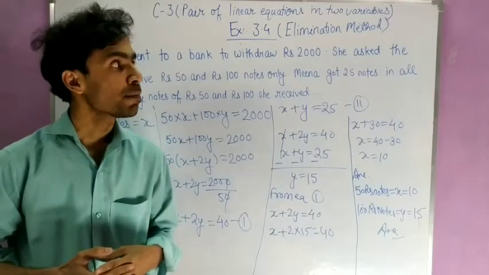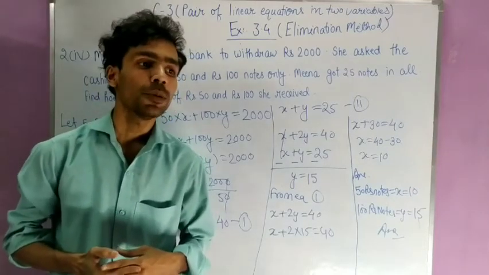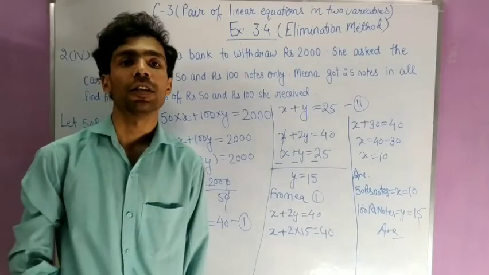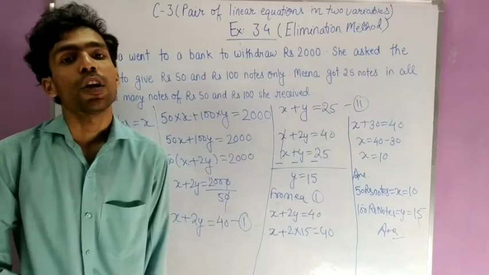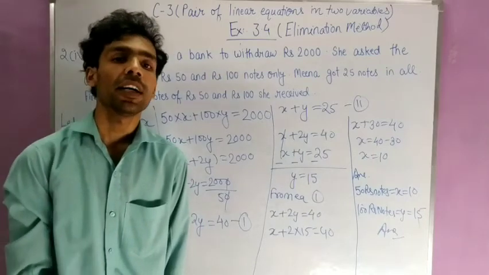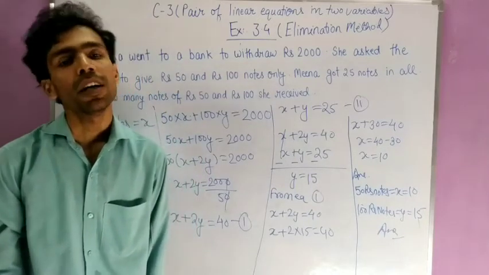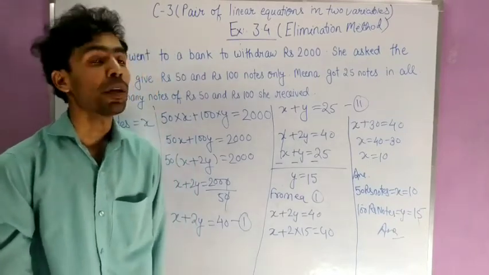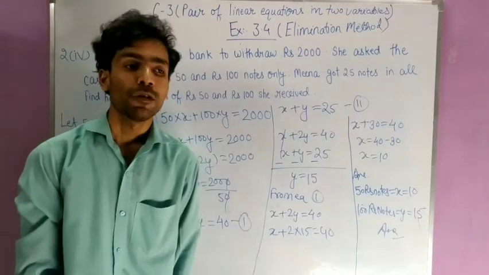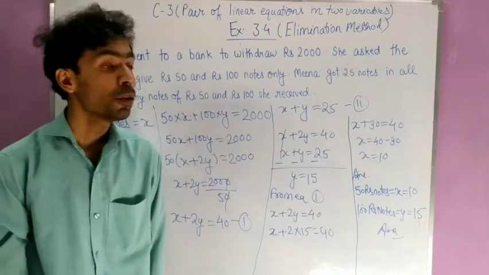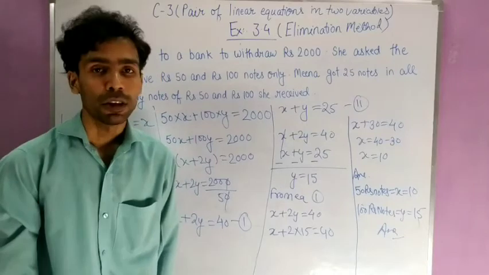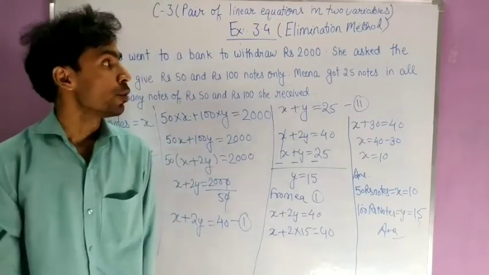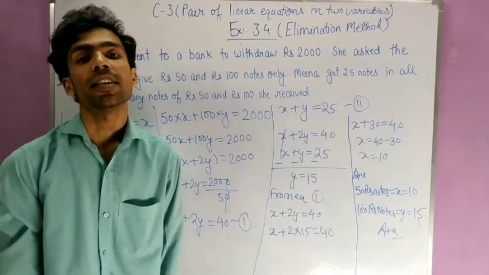So in the next part of the video, I will tell you the last method to find the solution of a pair of linear equations, and the name of the method is the cross multiplication method. So we will understand this method in the next part of the video. So I hope you are solving the questions, and I hope you have completed up to exercise 3.3. So very soon I will ask you to submit the PDF of this chapter. So student, please complete your work side by side so that you are able to understand the next chapter.